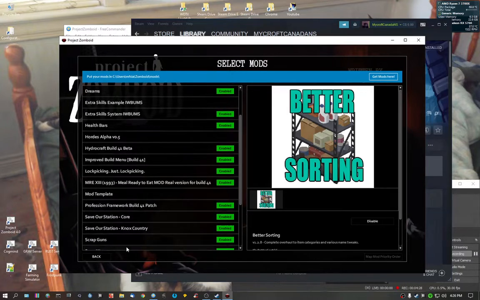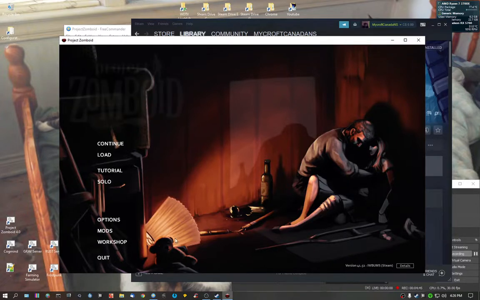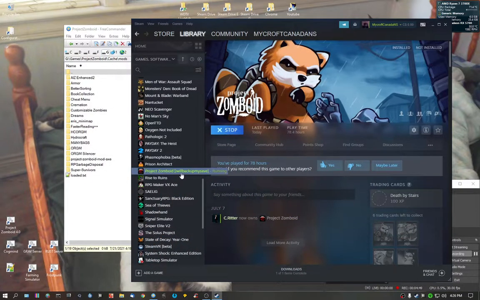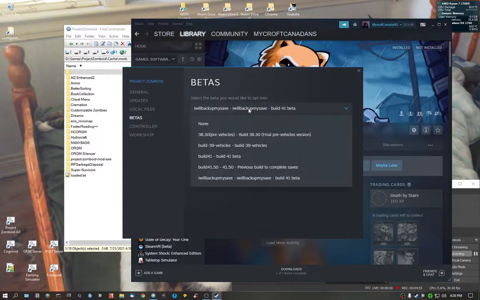So now I can play both versions. I can even go back to 4.1.0 or whatever other 4.1 versions you can have, and do the exact same thing with that. Right now it's loading all the mods in the background. That's why it's taking a slow amount of time. But if I want to, I can go into properties, into the beta tab, and select